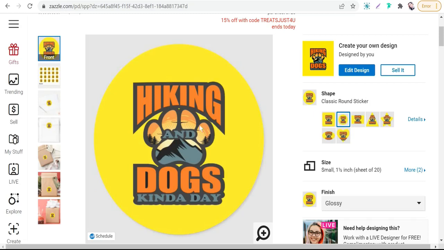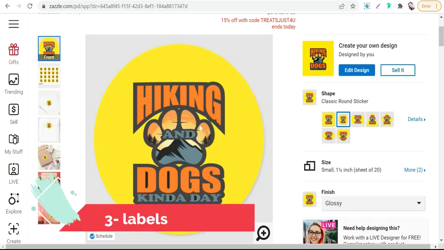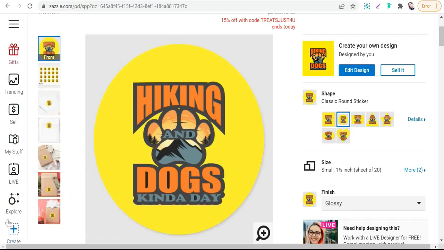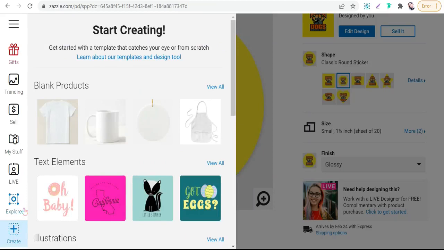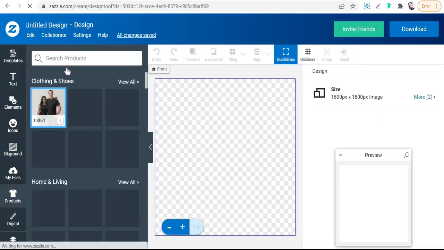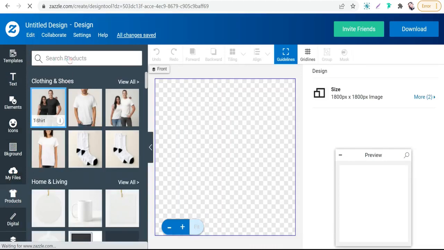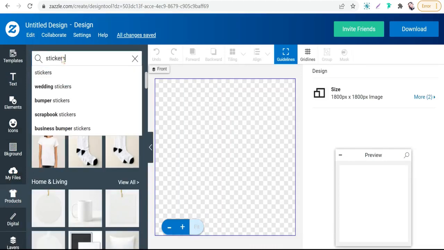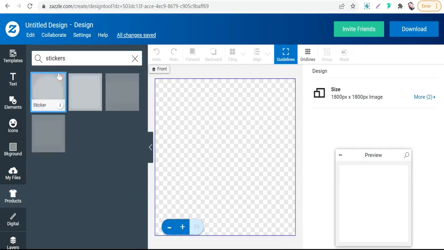and the last type of stickers here on Zazzle.com is labels, and to create them you just have to repeat the previous steps. Go to create again, okay, select oh baby, for example, you'll find Zazzle design tool, go to products, type here stickers, select the first one, and you will find labels, and here you can make a page of different stickers, or a page consists of different rows of stickers of different designs. Okay, for example, you can select this one, labels,